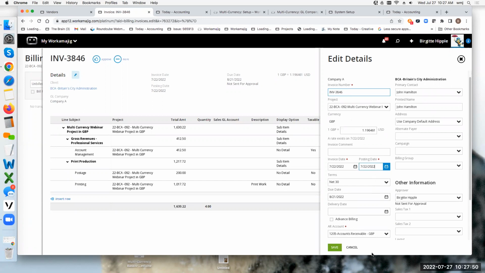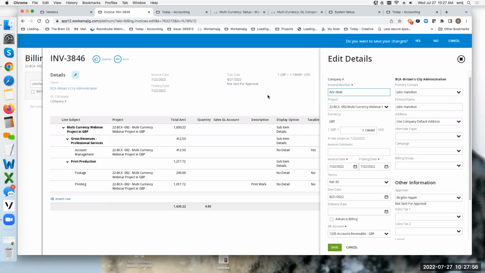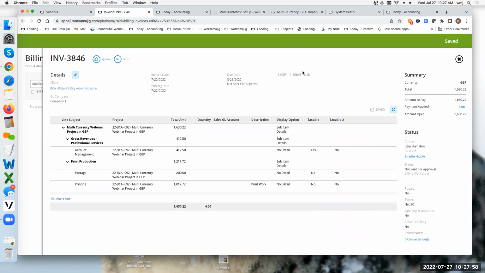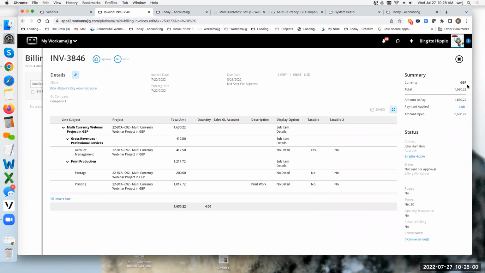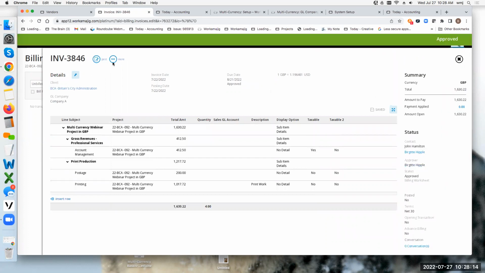And of course, down here is my accounts receivable account. So I need to make sure that that matches the currency on my invoice. And I say yes. So it kind of changes. And now, if I were to bill, do I have tax on here? So if I were to bill the client and it's using the currency rate on 7/22, if I go ahead and approve, and if I post,